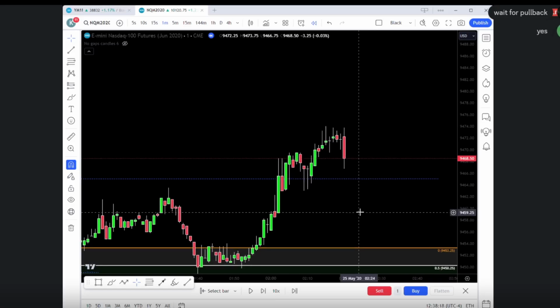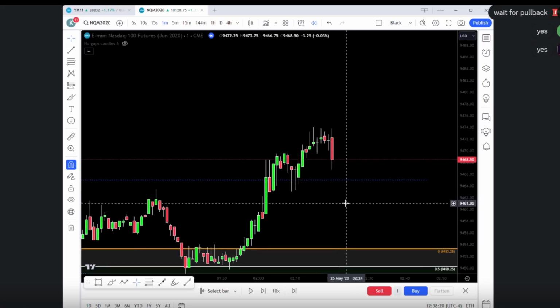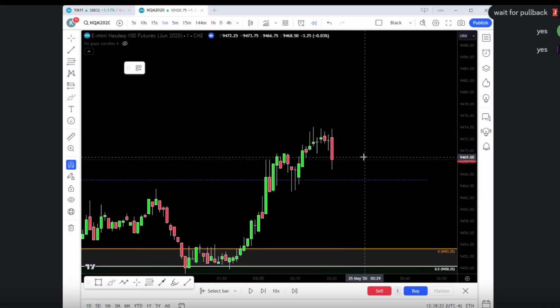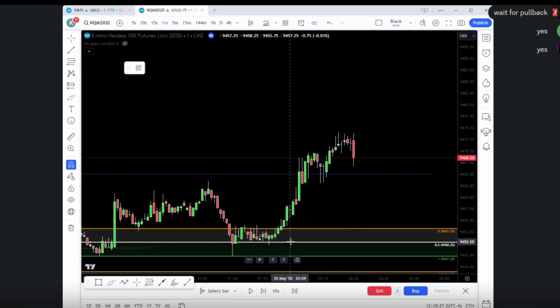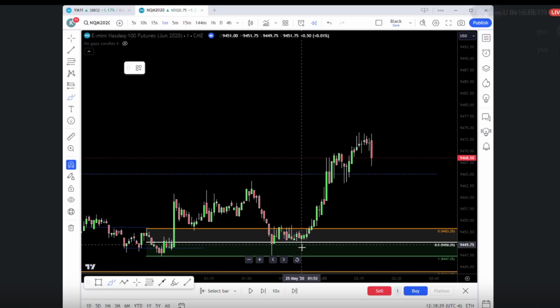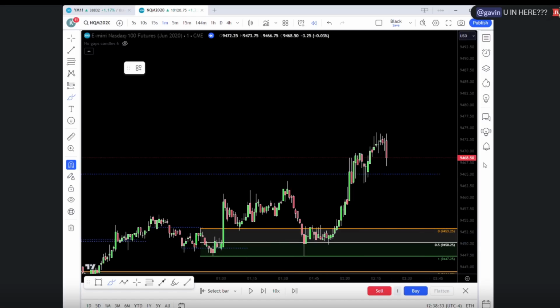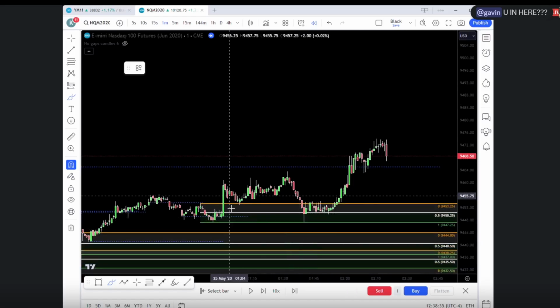All right. Nice little closure. Now, where's our protected low? Still down. These are actually equal lows in here. Right. So